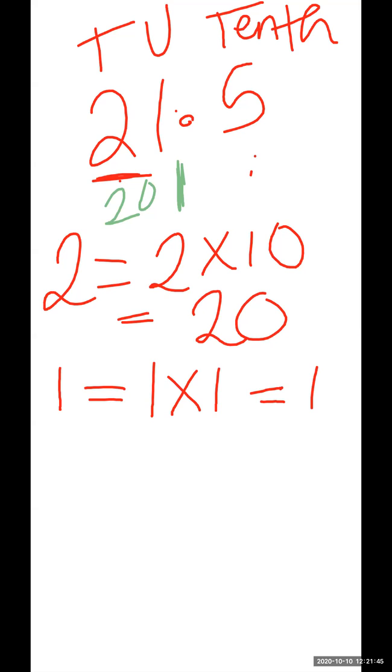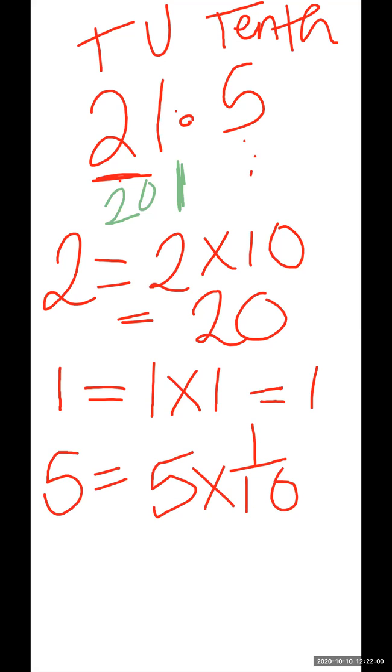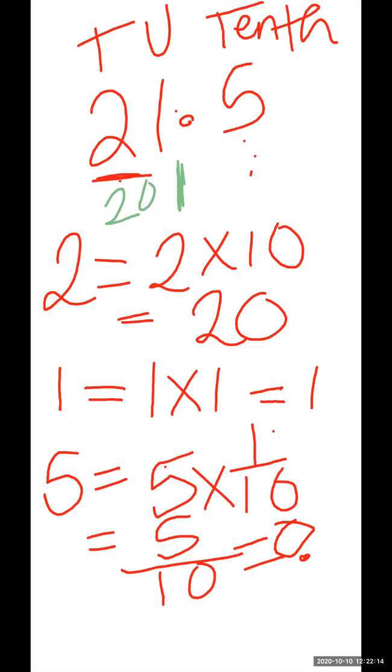Now next, 5. Now 5 is on the after decimal fraction point. So place value of this 5 is 5 into 1 upon 10. So 5 ones are 5, 5 upon 10. Correct? Now whole number is not there. So what you will do? You will put 0. Now put the decimal point. Now in the denominator 10 is there, means after decimal point 1 place will come. So answer is 0.5.